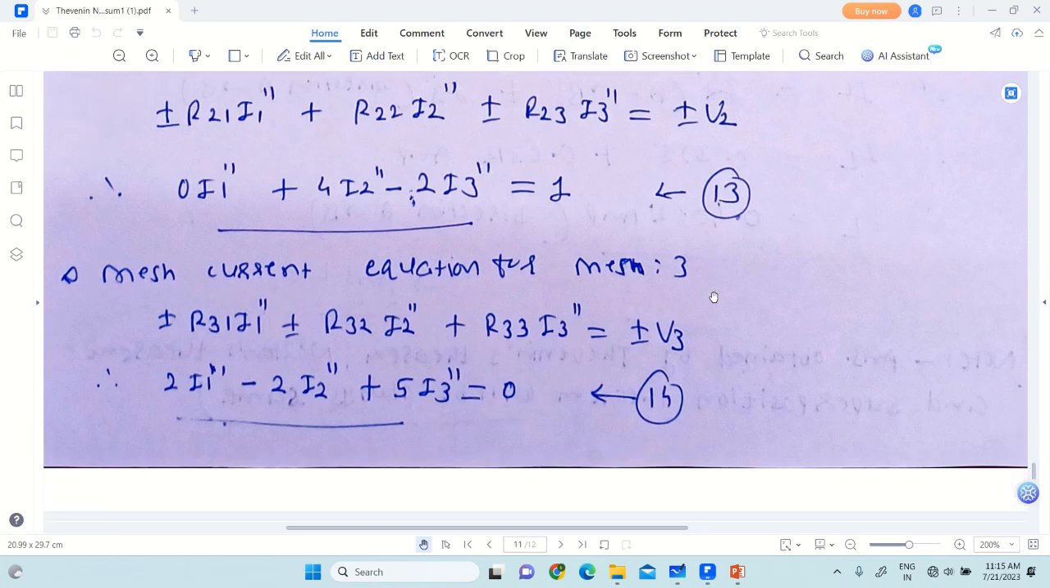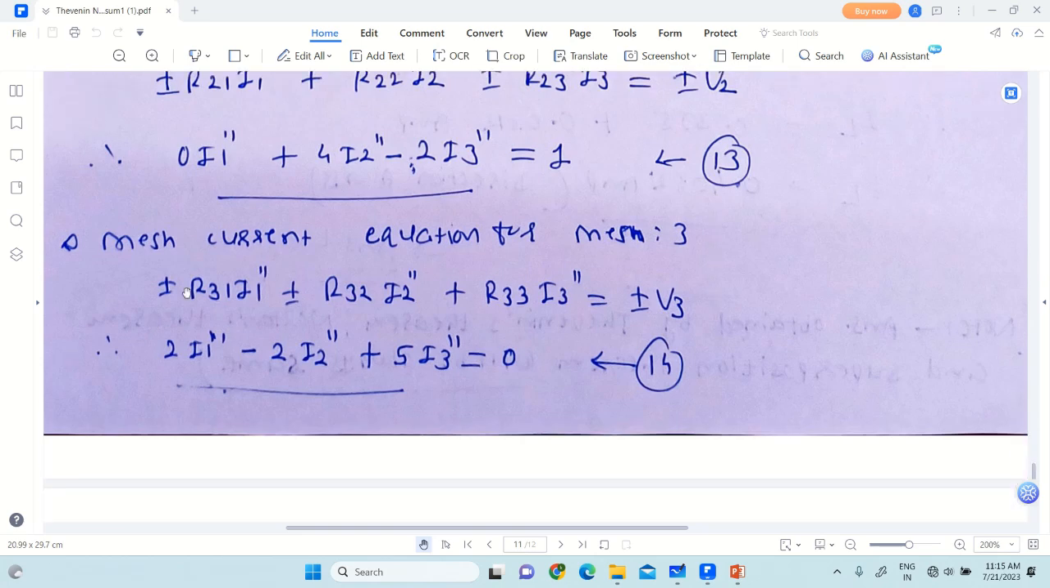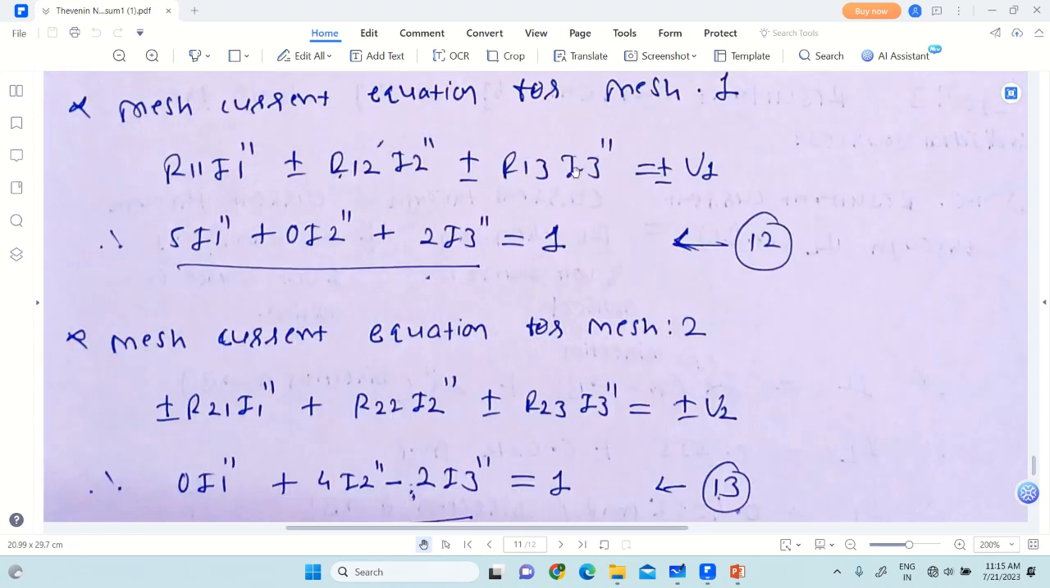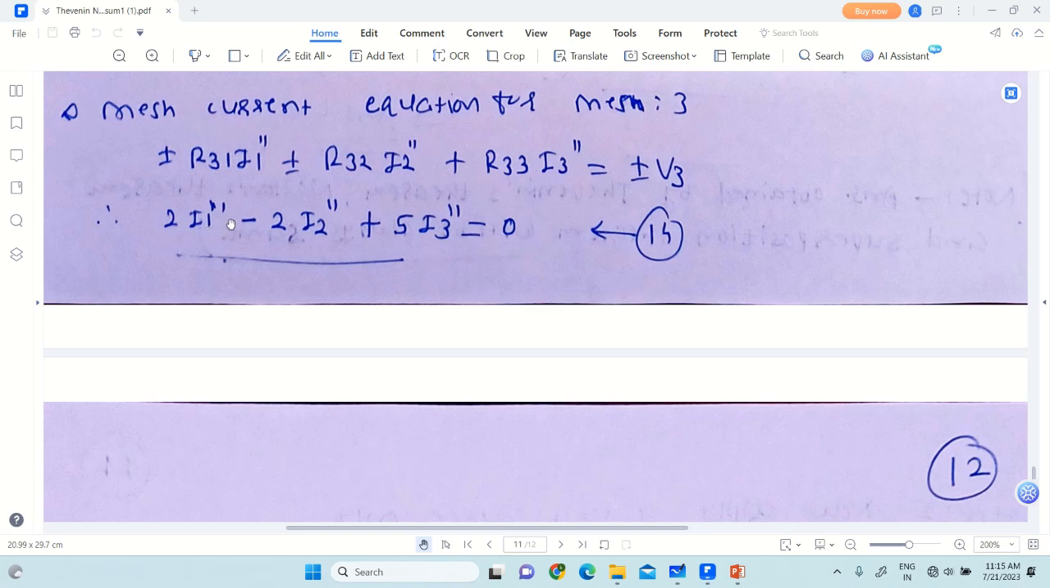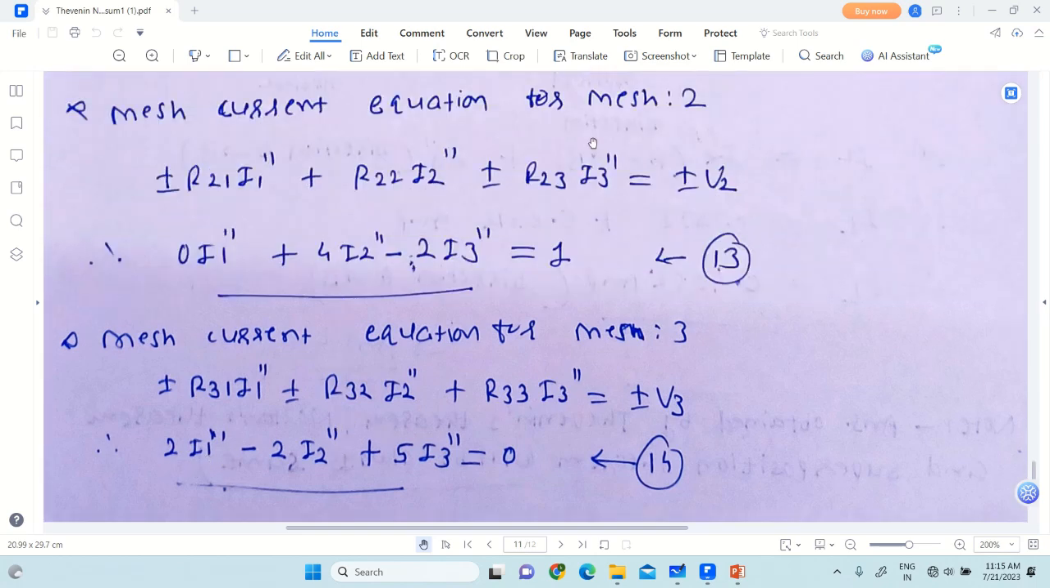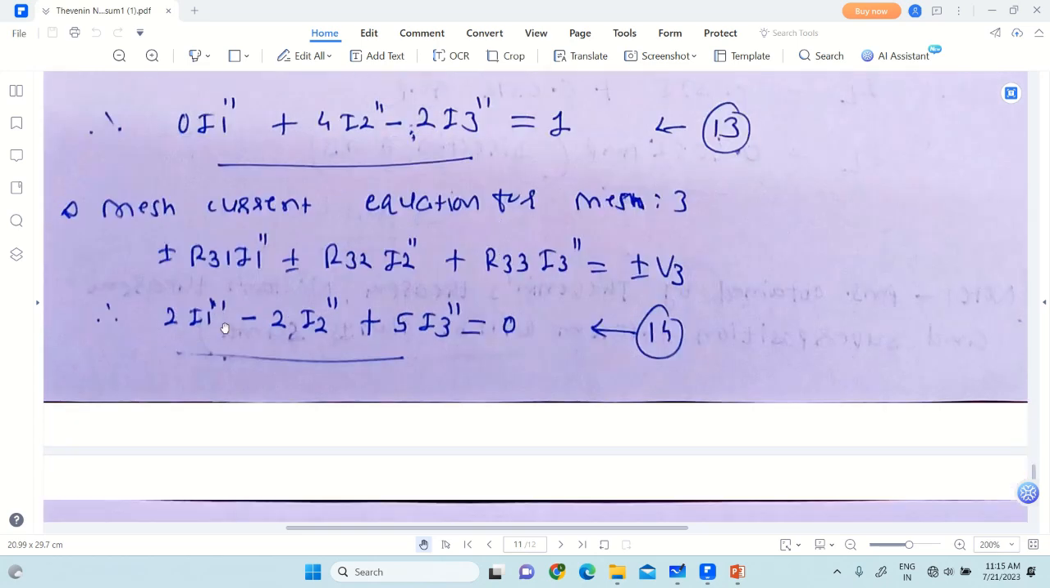Now apply the mesh current equation for the mesh number 3. So it is plus or minus R31 I1 double dash plus or minus R32 I2 double dash plus R33 I3 double dash is equal to plus or minus V3. Now R31 and R13 both are same with sign. So it is 2 plus 2 I1 double dash. Then R32 and R23 both are same. So it is minus 2. Right? Consider the sign also. So minus 2 I2 double dash plus,